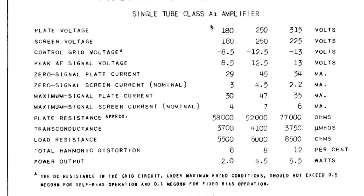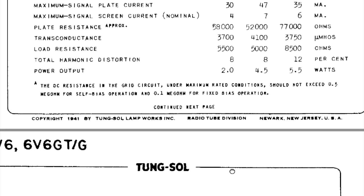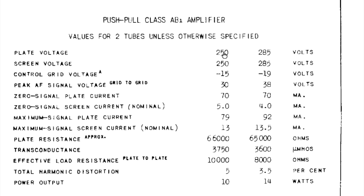Anyway, plate voltage right here, 315 volts, as high as it could be, highest operating voltage that you should run. What I failed to notice was this, highest plate voltage you should run in a single tube class A1 amplifier. And what we have here is a class AB amplifier with two output tubes. Now,